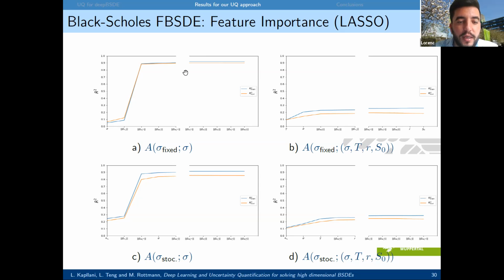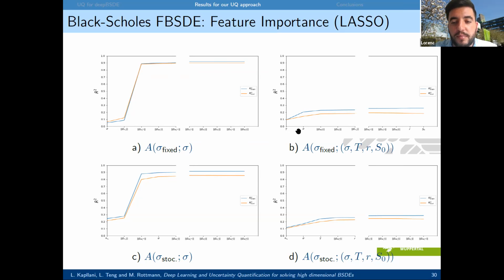So I've just cut this graph here, just to show the first 5 most important features. And as you can see here, the gradient information enters, and then the last 5 least important features. In this first part, we have perturbed the volatility with a fixed standard deviation. Here, the Lasso works very well.